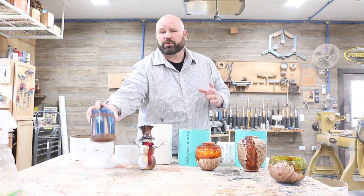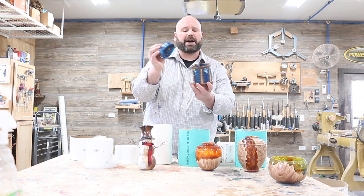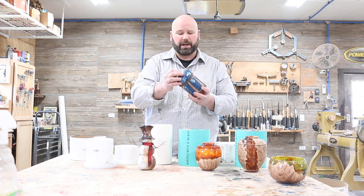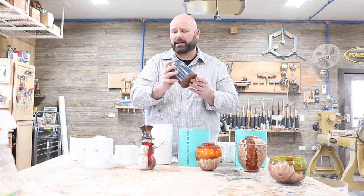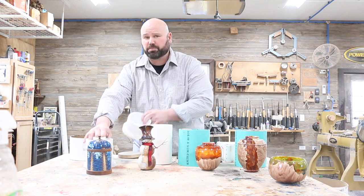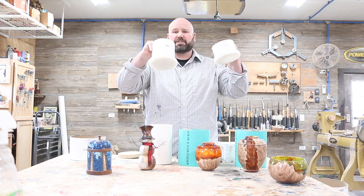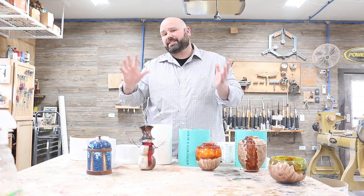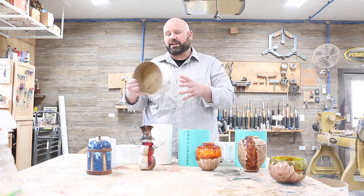One of the things that we're really going to talk about is my pine cone lidded box. Over the years of making this, I've gotten a lot of emails from people wanting to know a lot more detail about my mold. So we're going to split it up into two different sections, and we're going to show you how I make those molds. Then in the second video, I'm going to come back and show you everything I do for throwaway